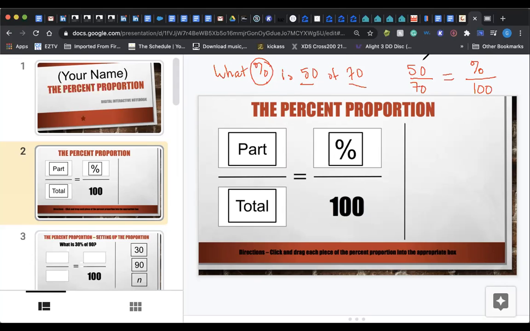Again, I have matching zeros. I want to save myself some time. I don't want to work with these big numbers. I'm going to get rid of these matching zeros over here. So I make it 5 over 7 is equal to the percent, or I can put X over 100. I don't know what the value is, so it becomes X. I'm going to cross multiply. 5 times 100 is equal to 500. 500 is equal to 7 times X. I have to divide both sides by 7 to figure out what percent